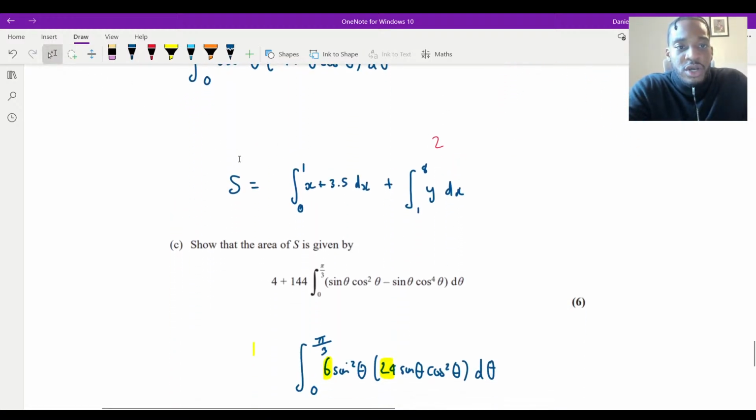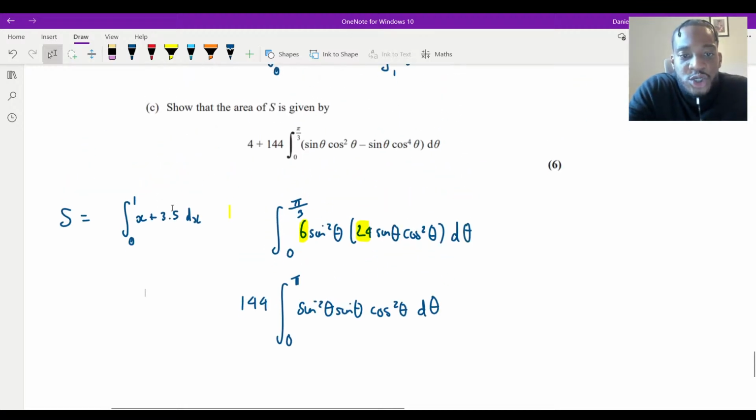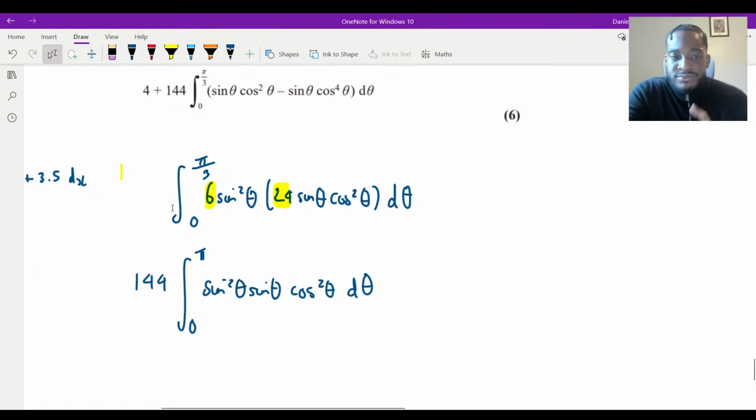Remember, this was the integral of that trapezium, isn't it? That line. We still need that part, by the way. I'm just going to put this here because we're nearly done with this question. So now, let's look at the show that, though, because we've got the 144. That's fine. We haven't got what they've got, though.